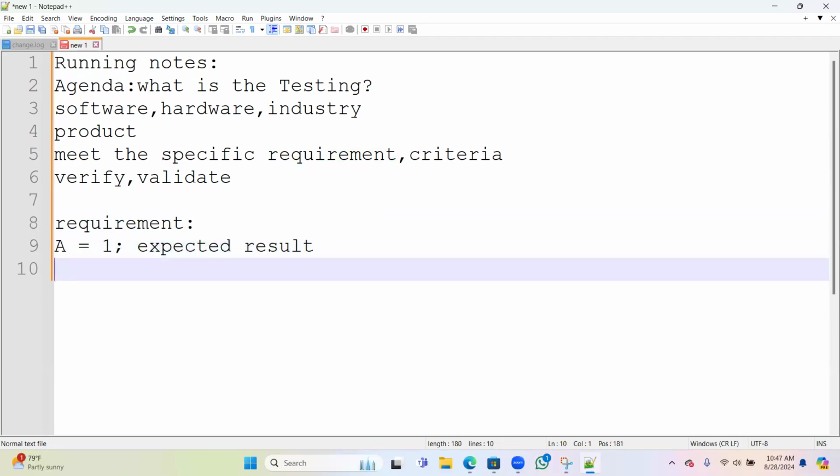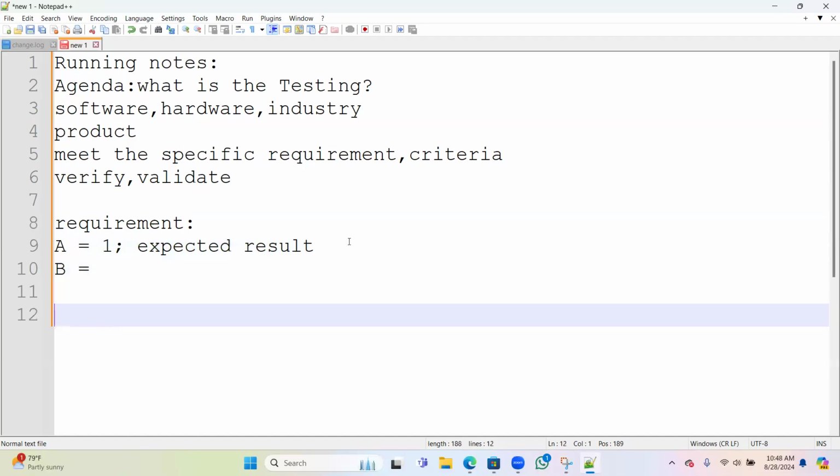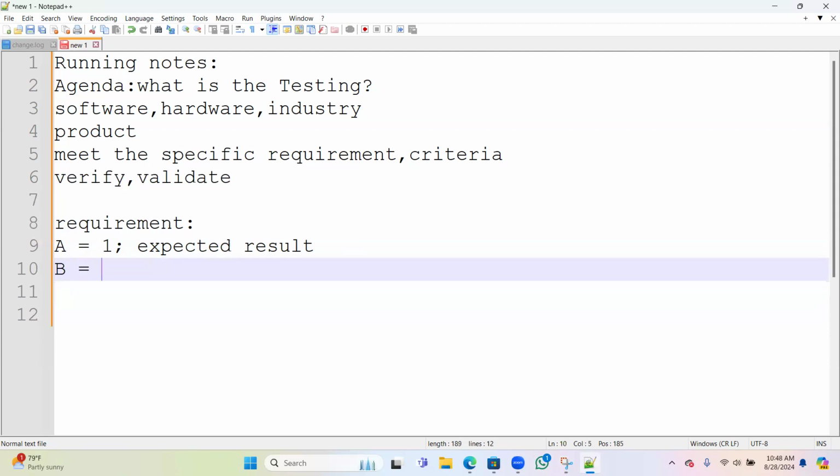In the software testing, we mostly work closely with the developers. The developer will build the code and check whether it is working properly or not. Instead of a equal to 1, he has written b equal to 1. This is the actual result.